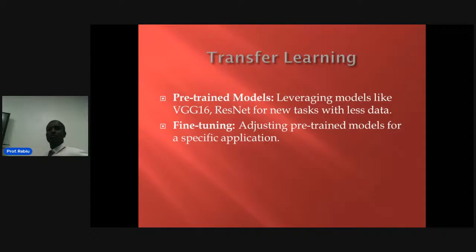Transfer learning: whatever we learn, we try to transfer it into a different task, okay? And by using less data. So we can take one of the learning mechanisms, use less data, to see how this can be possible. Fine-tuning is whatever we have, we try to adjust it to see if it will give us some more desirable result.